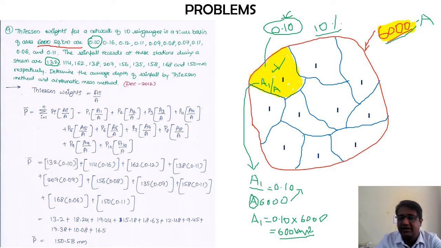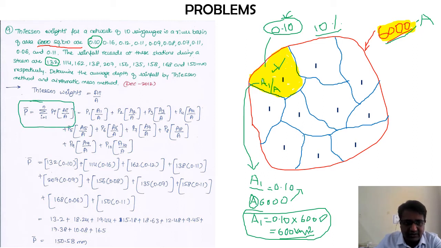But instead of going for such calculations, we have a formula where we can directly use the Thiessen weights to get the answers. That is why I said 10% is indicated by this 0.1. If you check all the other weights and add them up, it should become 1, because ultimately this is 100%, divided into 10 different parts of various sizes as they have given here. I hope this clears it up.